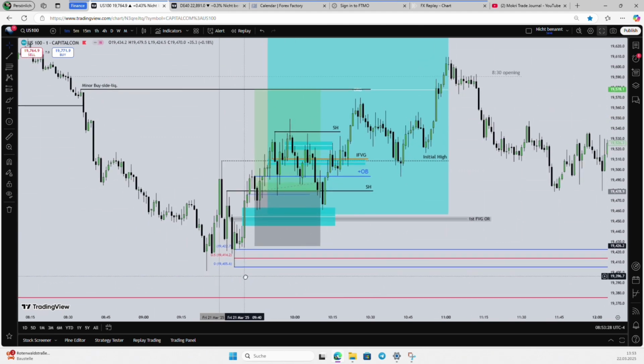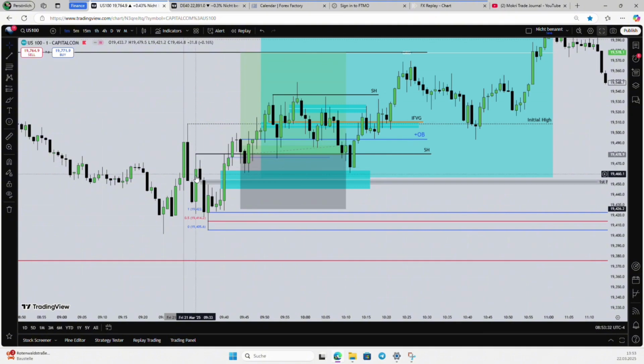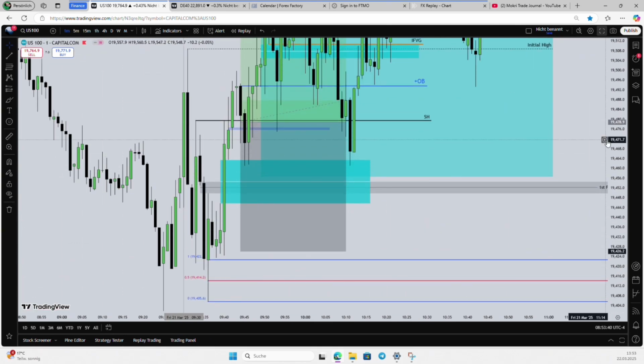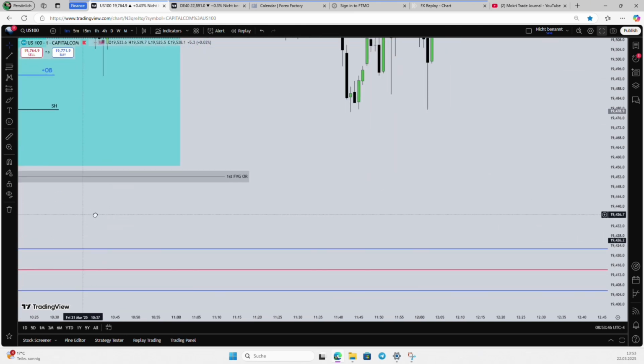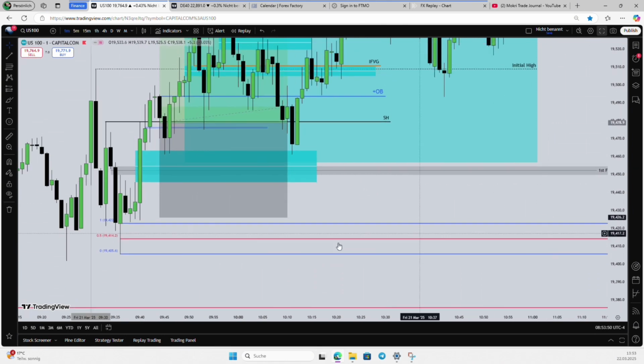So another important factor is that we had a huge opening range gap lower. Okay. After the opening range, 9:30 a.m., we can see here the first presented fair value gap, which is very tiny. I've marked this one out. Let me zoom in. Here we can see it. The first presented fair value gap, okay? Which is just the first presented fair value gap after the opening range, 9:30 a.m. Doesn't matter if bearish or bullish.